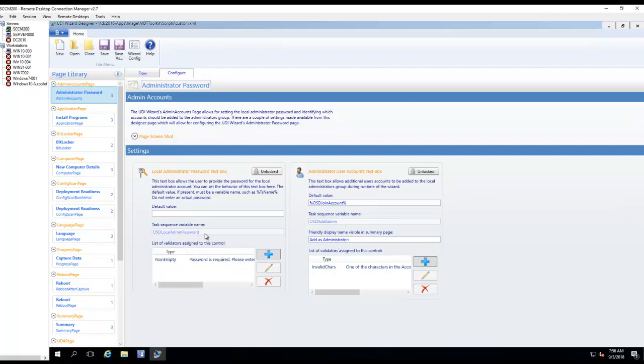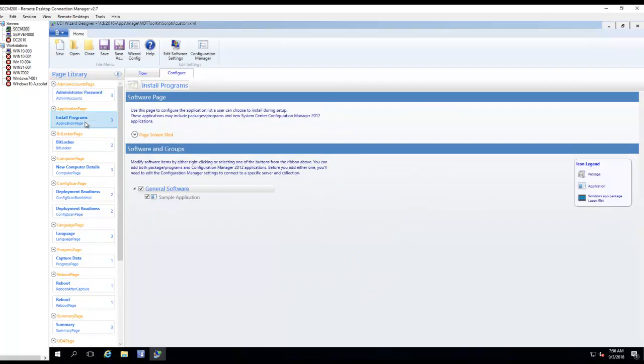I'm not doing anything here. Let's go to install programs. If you want to add programs to the task sequence, like give users options to install it, you can just,